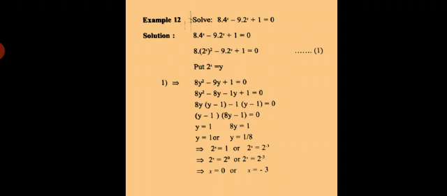We have done this step because we want to put 2^x equals y, for our convenience to simplify. We have taken one term 2^x equals y in the first equation. So what you get? 8 into y² minus 9 into y plus 1 equals 0. To make our simplification easy, we have considered 2^x equals y. Now it becomes 8y² minus 9y + 1 = 0.